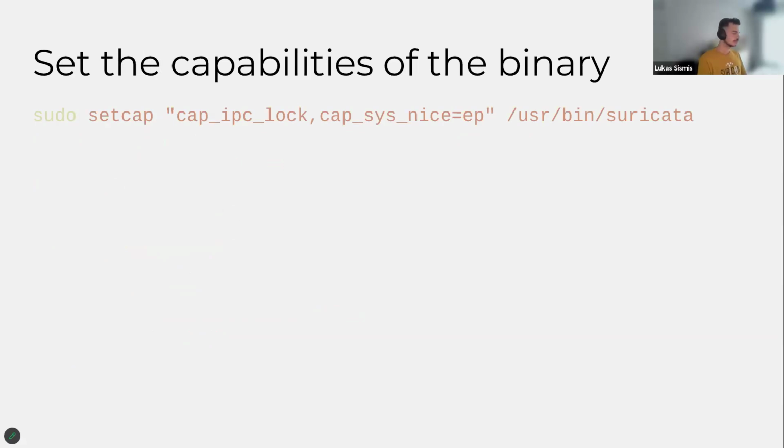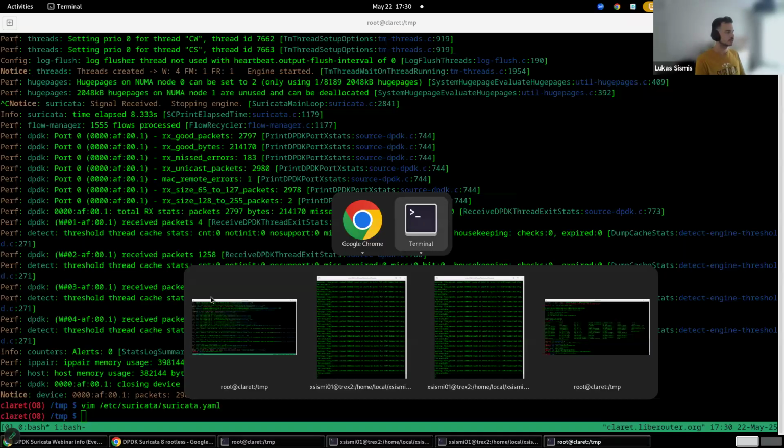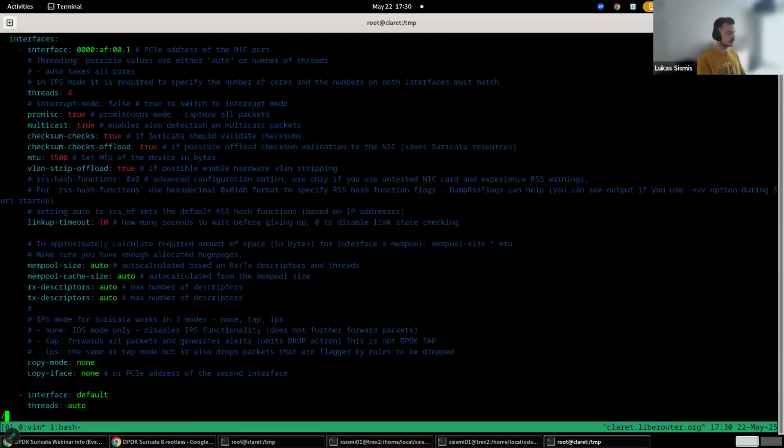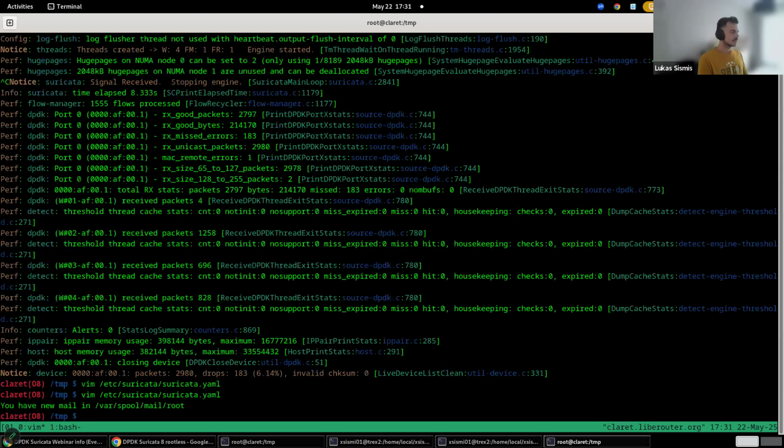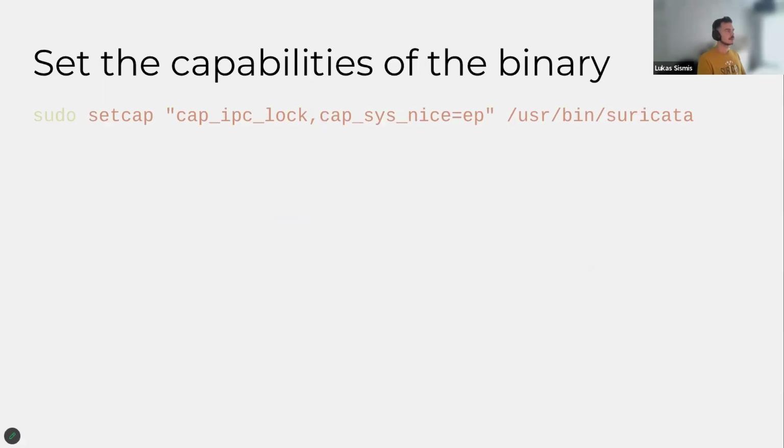With DPDK, it's a little bit different in that I never really managed to configure the drop privilege. So in this webinar, we will not cover the run as option for now, at least, as DPDK was really quite protesting. So in this case, I'm running Suricata directly as the, say, unprivileged user, and for this reason, we need to set some